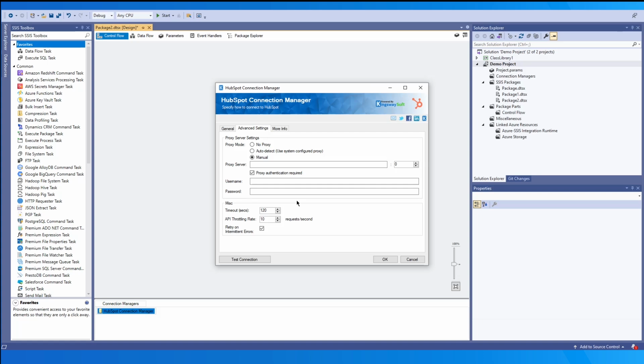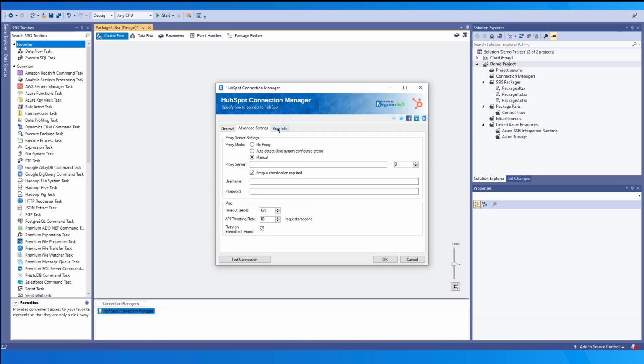And the last option, intermittent errors, is enabled by default, and this is designed to recover from intermittent outages or disruptions of service, and it prevents the integration process from stopping due to these temporary issues. When this option is enabled, the service call will be retried upon certain failures. Note, a service call may be retried up to 4 times and set back off intervals before an exception occurs.